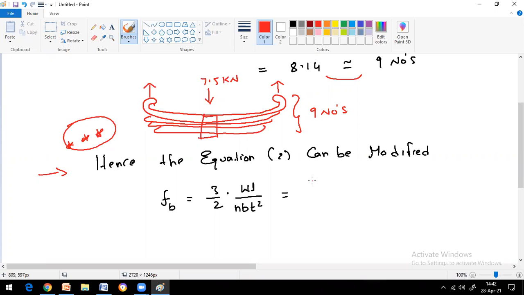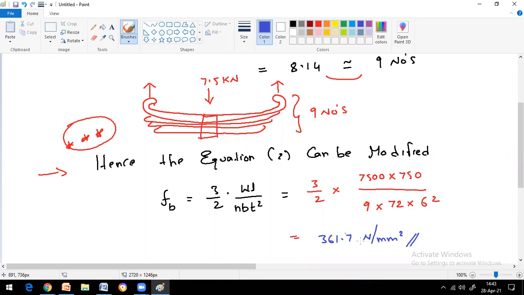Now calculate 3 by 2 of 7,500 into 750 by N, which will be 9, into B, which will be 72, into 6 squared. What will be your answer? Your answer will be 361.7 Newton per mm square. See, your bending stress got decreased. Why? Because you increased the number of plates from 8.14 to 9. When you increase the number of plates, what happens? The depth of the